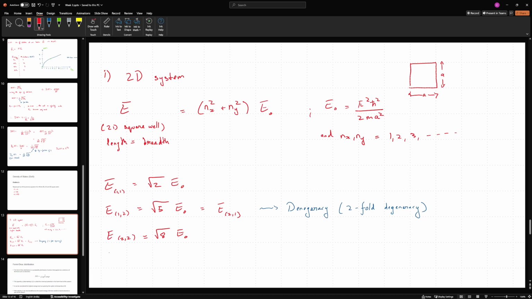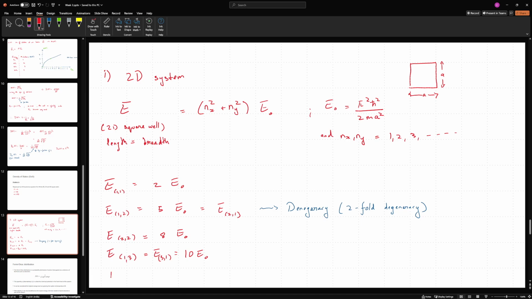Then I will have E 1 comma 3, which is equal to E 3 comma 1. Why was I putting square roots? I am really sorry. It's just going to be 2 E naught, 5 E naught, 8 E naught, and this is going to be 10 E naught,